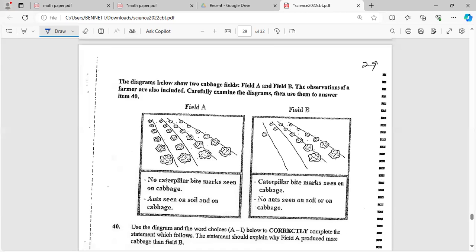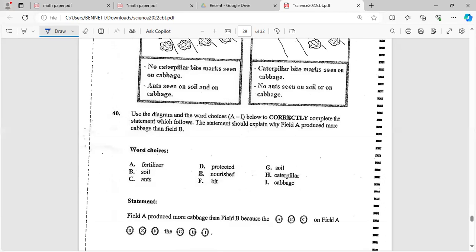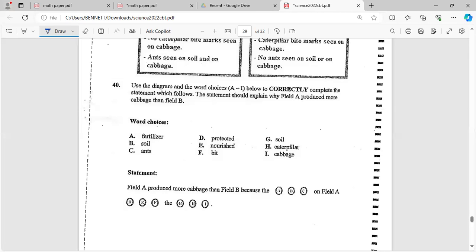Alright, the last one, which is 40. The diagram below shows two cabbage fields, field A and field B. The observations of the farmer are also included. Carefully examine the diagram. Use it to answer item 40. Use the diagram and word choices A to I to correctly complete the statement. So the words are fertilizer, soil, ants, protected, nourish, fit, soil, caterpillar, cabbage. Let's go. Field A produces more cabbage than field B because A